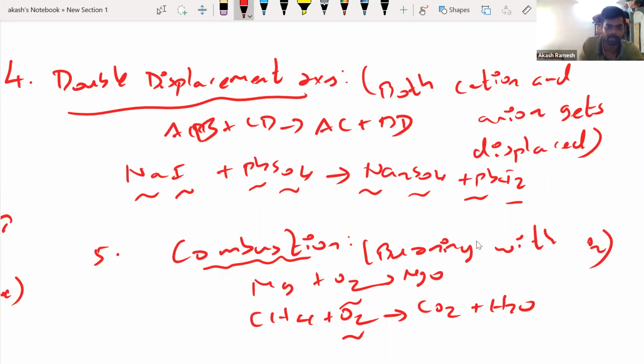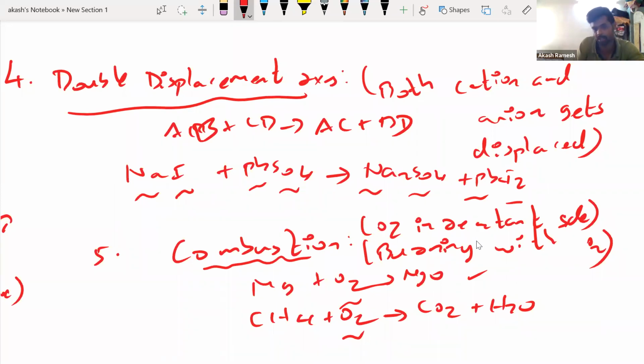I can even write it here. Maybe I write at the top: oxygen, O2 in reactant side. If you see that, then that moment itself, you can understand that it is going to be a combustion reaction, burning with oxygen. Okay. Now, this particular thing you see, Mg plus O2 giving MgO can be both a combination